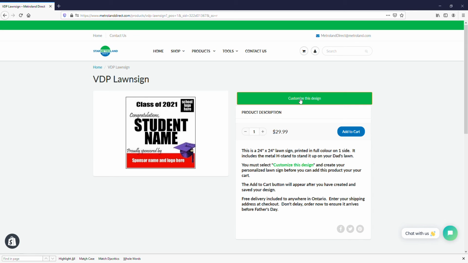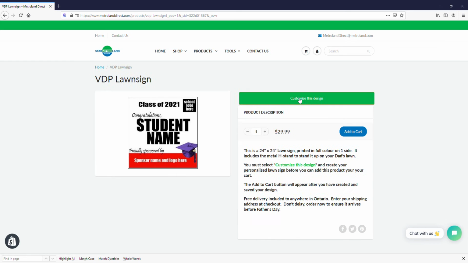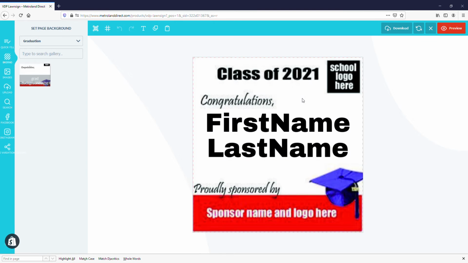So we're going to also upload an Excel file. You could also use a text file that's separated by tabs or commas, called a CSV file. And what it will do is look into the columns and rows and create a PDF for each of the records in there. So I'll launch the Customize This Design tool to jump into the design tool. So we've got the background already here. There's a first name and a last name placeholder